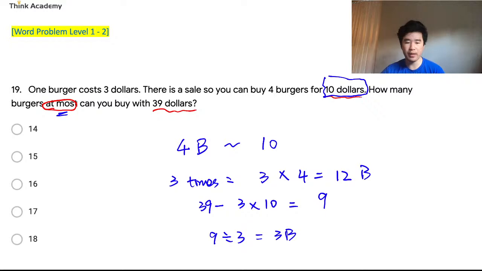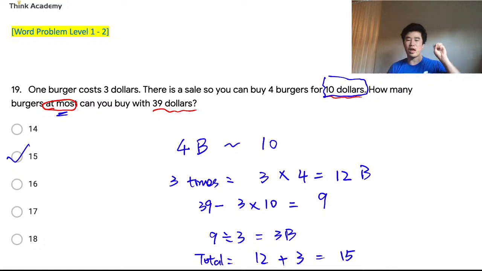Total is just going to be add them up. So total we will have 12 burgers plus 3 burgers. That total gives us 15 burgers. Answer choice B. So again, read the problem, circle out key information, and then draw the graph or write down